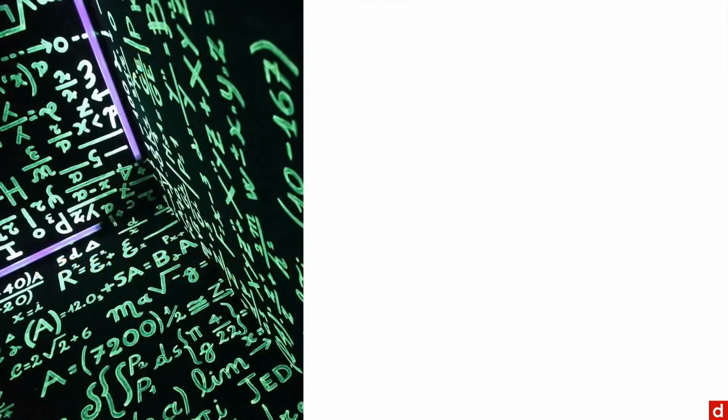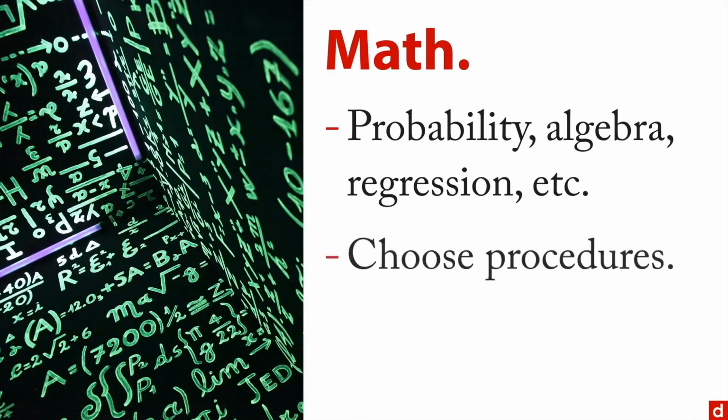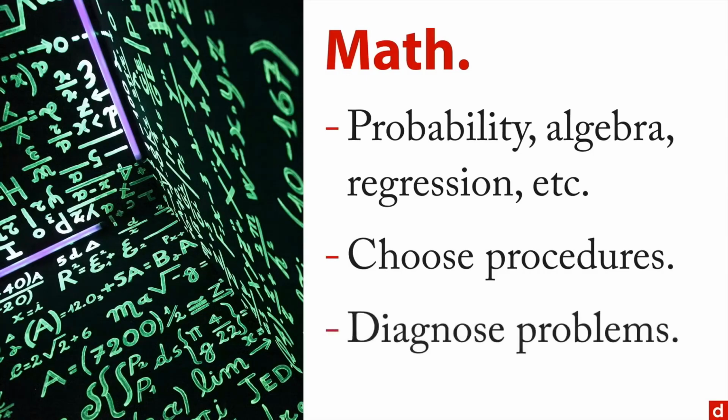Now let's say a few things about the math. You're going to need things like a little bit of probability, some algebra, of course, regression, very common statistical procedure. Those things are important. And the reason you need the math is because that's going to help you choose the appropriate procedures to answer the question with the data that you have. And probably even more importantly, it's going to help you diagnose problems when things don't go as expected. And given that you're trying to do new things with new data in new ways, you're probably going to come across problems. And so the ability to understand the mechanics of what's going on is going to give you a big advantage.